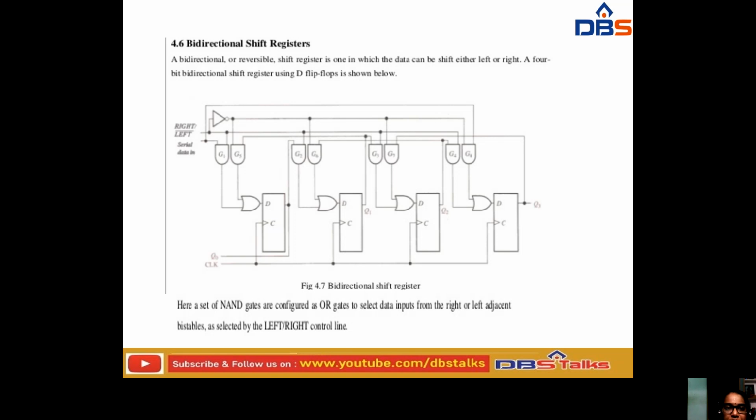Here we are having a set of NAND gates. This is the AND gate. Here it is having an AND gate, and a set of NAND gates. How can we say this one is a NAND gate? Automatically, here this is the NOT gate. We have applied this NOT gate to all these AND gates, so these are the set of NAND gates. And here the OR gate is selected as an input. This is the OR gate, which can be selected as an input.